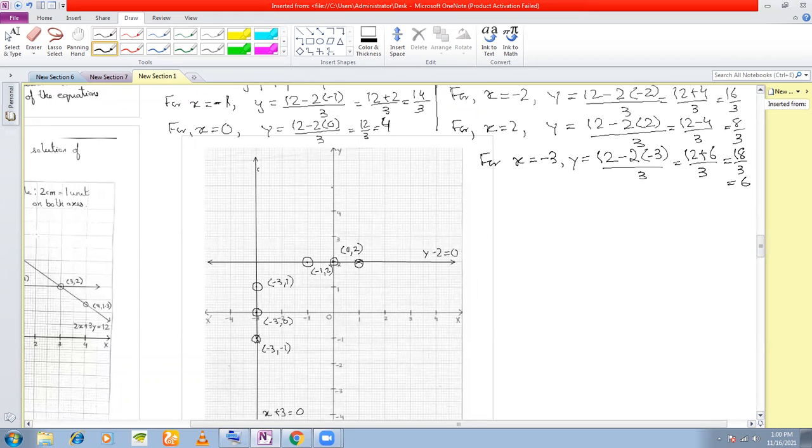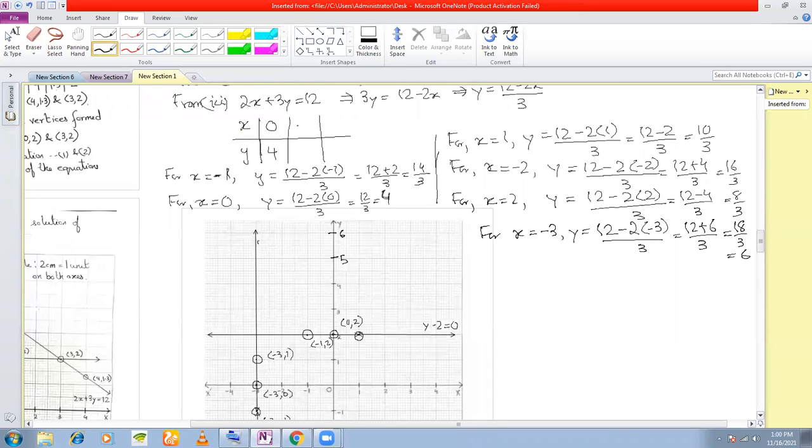I think yes, we can, sir. We can, because this is 5 and this is 6. So we can accommodate. So we can take this value also. Let's take for x is equal to minus 3, we take y is equal to 6. We can accommodate. In the x-axis, can we accommodate? No, sir. You cannot go beyond 4 or at most 5 in the x-axis, right? Fine. So we accept that value, no problem.